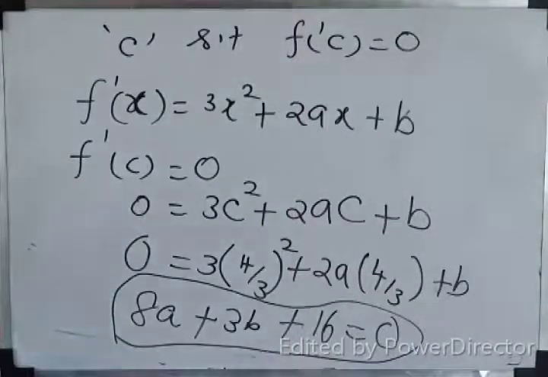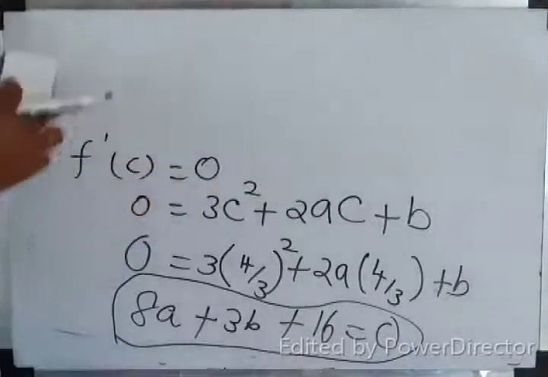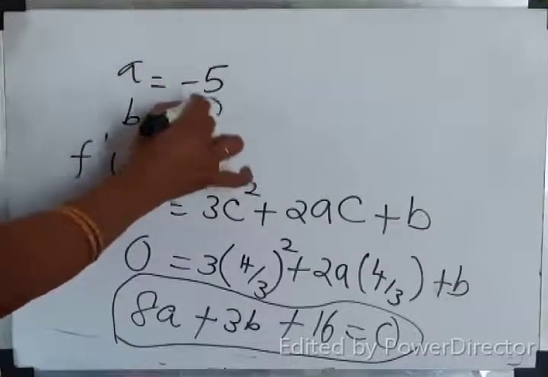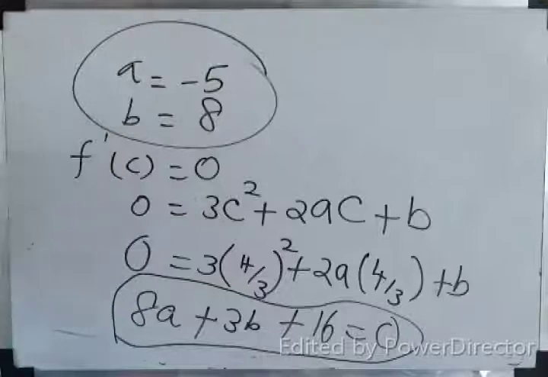Solving equation 1 and 2, you will get a equal to minus 5, b equal to 8. Try, children, you try using calculator. First equation, second equation, if you solve, you will get a equal to minus 5, b equal to 8. Do you understand? Shall we try the same type of question, one more question in this model? Yes, same type, one more.